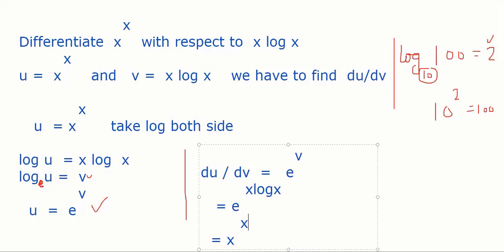That is the meaning of this. So the answer for this question is x to the power x. Anybody, any confusion here? It's all about basic properties of logs, and then finally